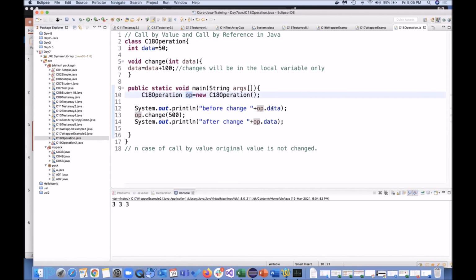Here I am saying object.data. What is my data? Data is 50 at this moment. Now I'm changing it. How I'm changing? I'm changing by passing the value. And after changing, do you think it should be 50 and 600, or 50-50?